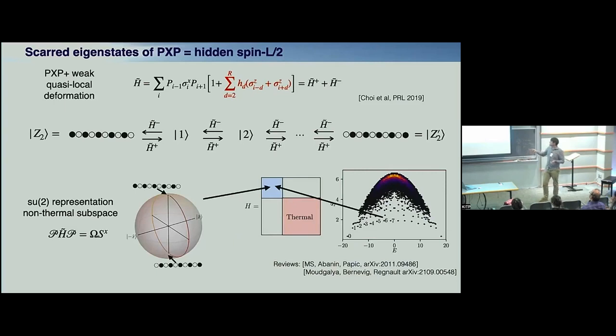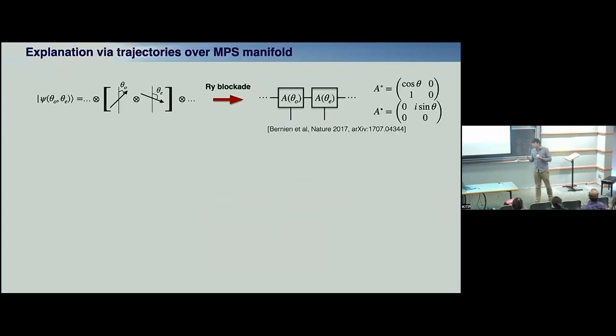I must mention that a lot of progress on scarred eigenstates was also done by McDowell and Bernevig and others. And there is also another review that reviews these eigenstates in other settings and other models. But in a previous talk, we also heard another picture, a picture of trajectories, and that's something I will try to use in the second part of my talk. And for trajectories, we can do the simplest thing possible, which was already proposed by Misha and collaborators, by Hannes Bernien and others.